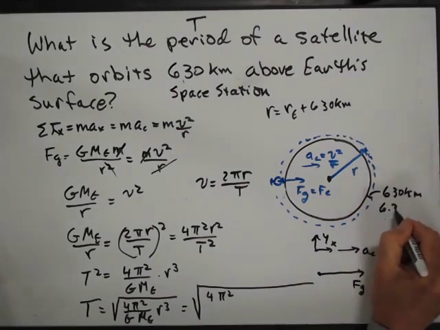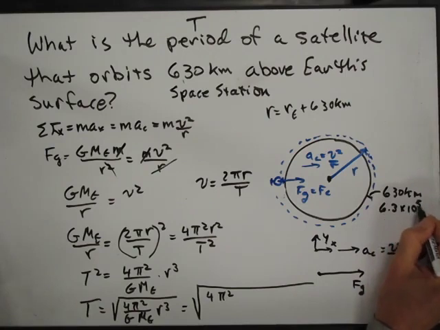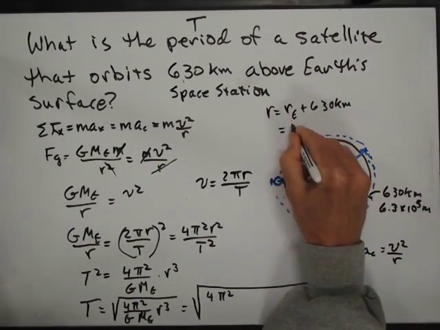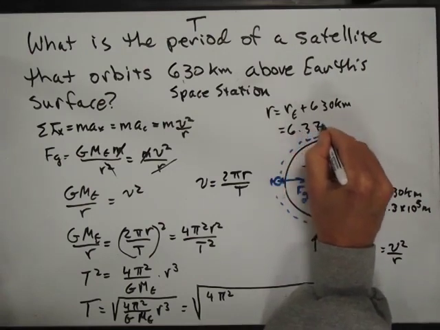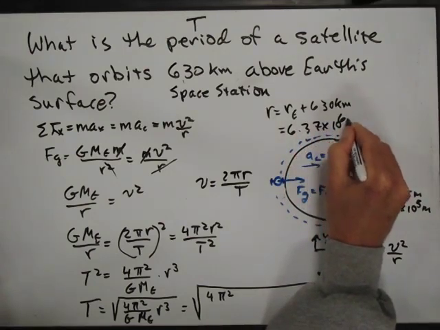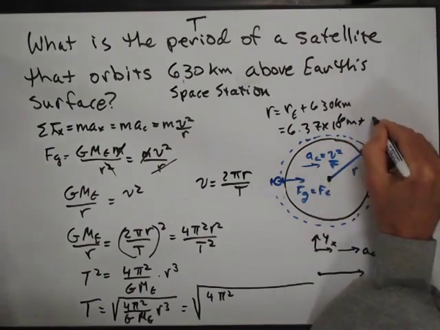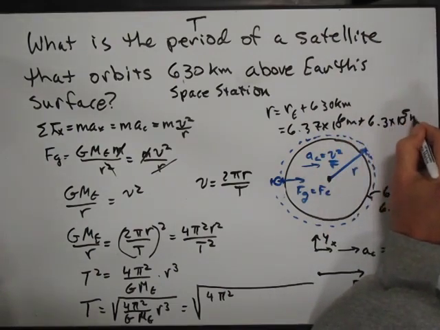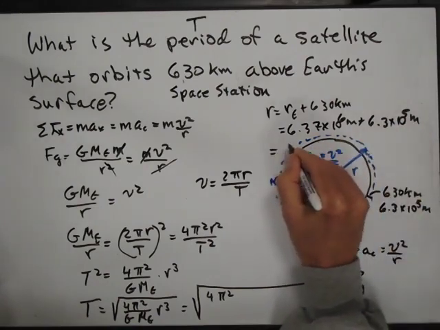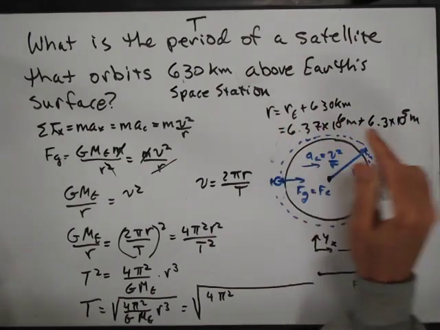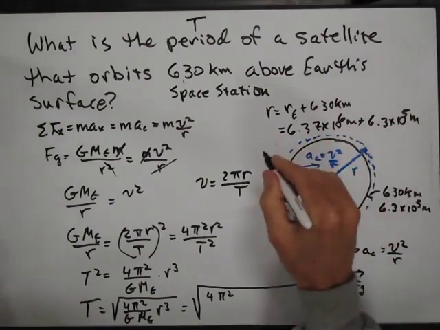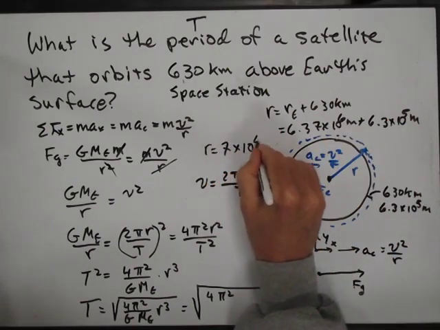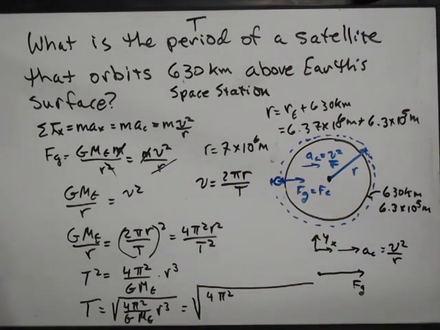That's 6.3 times 10 to the 5th meters, right? And so the radius of the Earth is 6.37 times 10 to the 6th meters plus 6.3 times 10 to the 5th meters is equal to, I'll write it here, R is equal to 7 times 10 to the 6th meters. If you work that out,